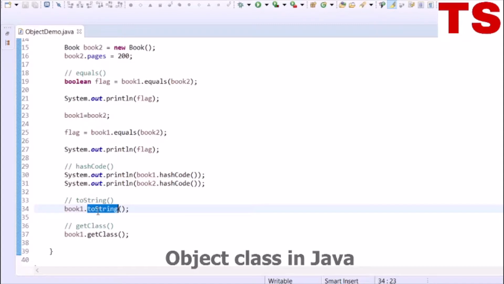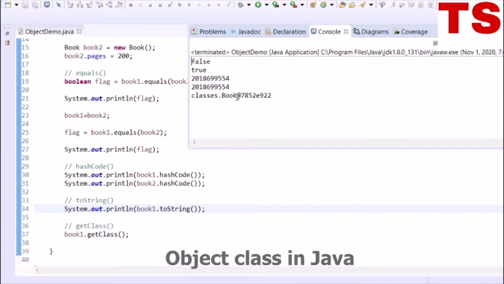The toString method returns a string representation of the object. Now let's try to print the output of this toString method for book1.